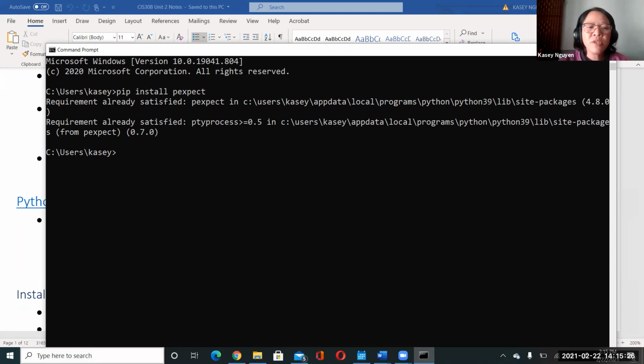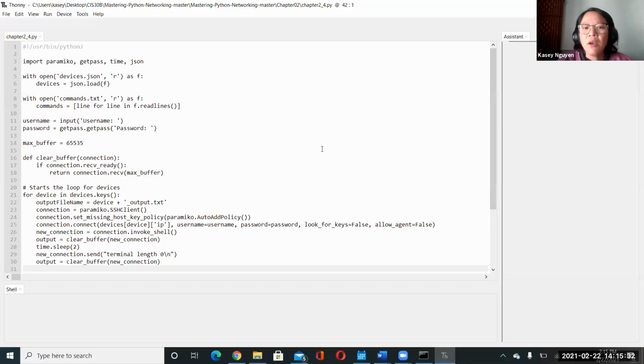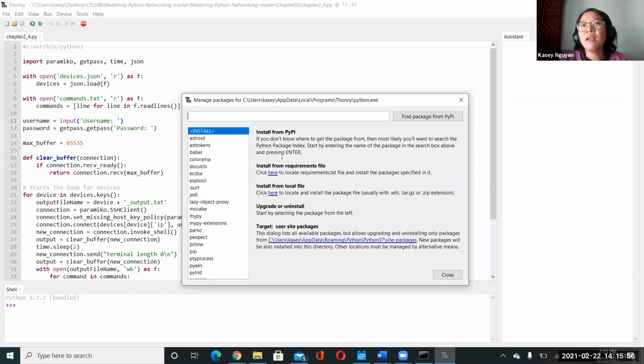Now, in order to use it with your IDE, in my case, I'm using Thonny. When you bring the IDE into the mix, in most cases we have to use some form of text editor, and then we have to use the shell to run the script. In an IDE like Thonny, you go to Tools and select Manage Packages. If you're using VS Code or another IDE, make sure you manage the configuration for the package. And this is the downfall for the students that were using an IDE with pip install.